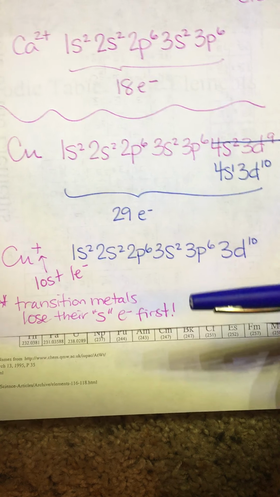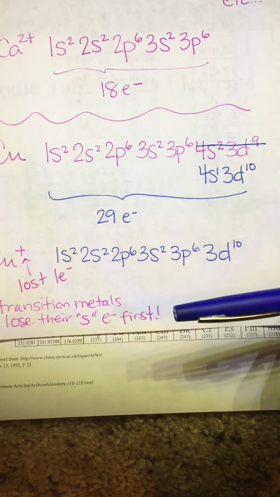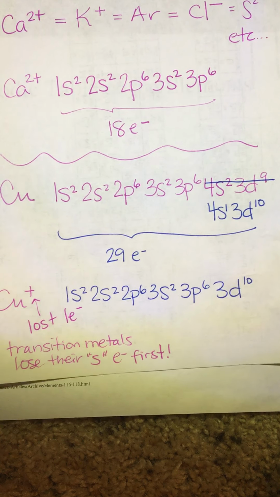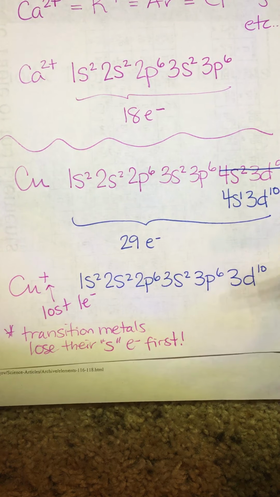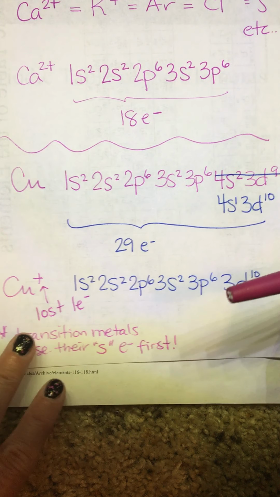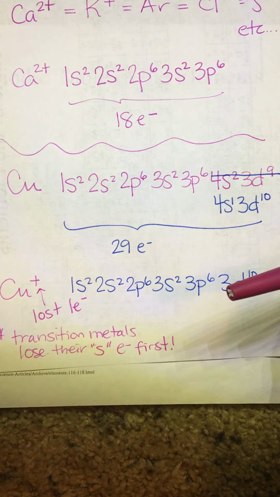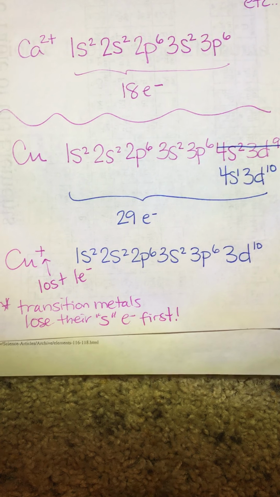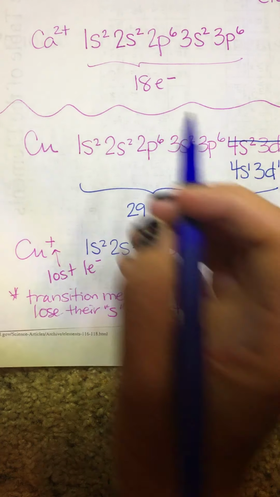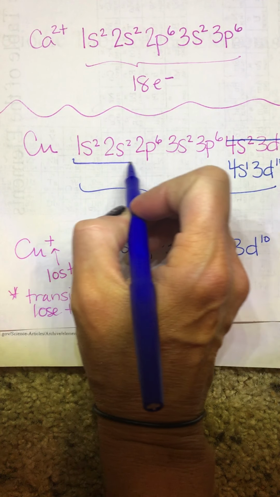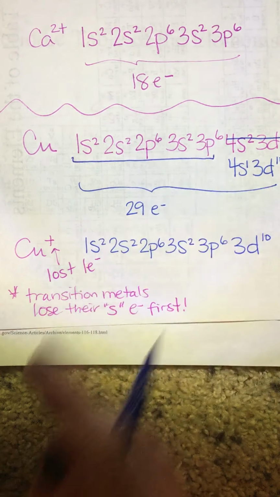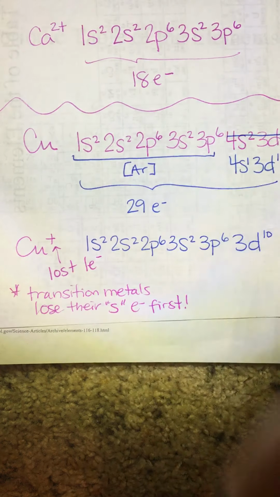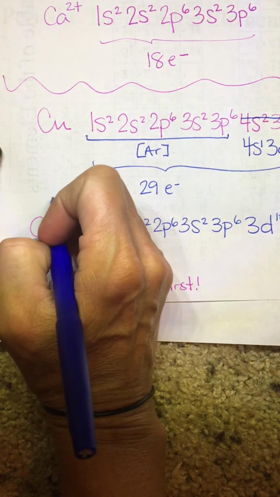Now, for elements that have really large quantities of electrons, you could see how this process could get really, really slow. So you were taught the noble configuration. So, for example, if I wanted to write the shorthand notation for copper right here, I can easily do that. Instead of writing all of this right here, which is the configuration for the noble gas argon,